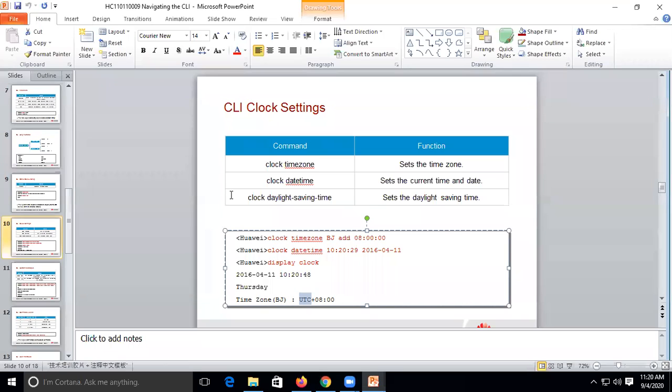UTC stands for Coordinated Universal Time. Now, what comes with it? Plus time zone. Okay, time zone, then plus daylight saving time offsets. The clock datetime command is used to set the system clock following the